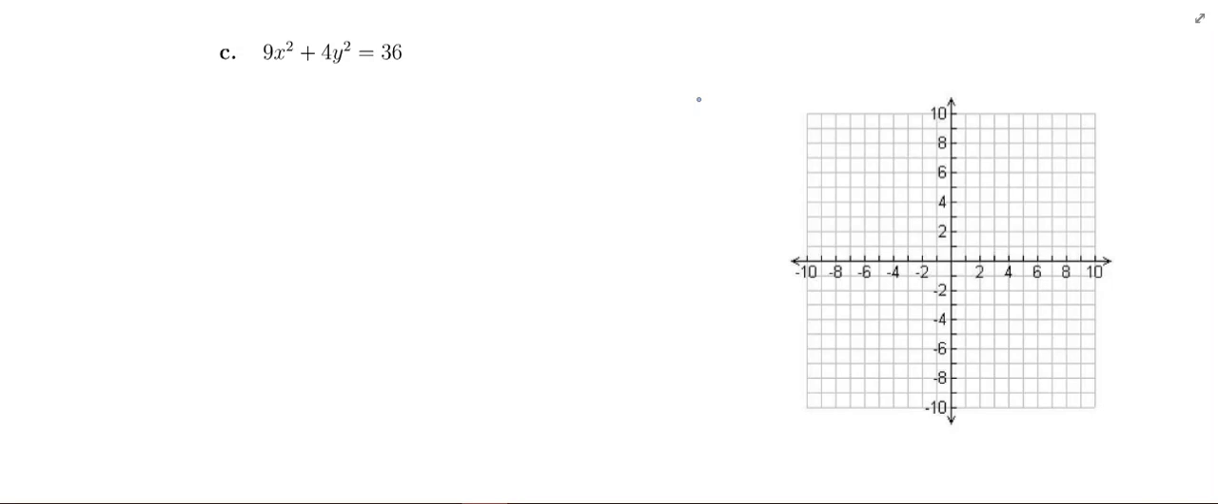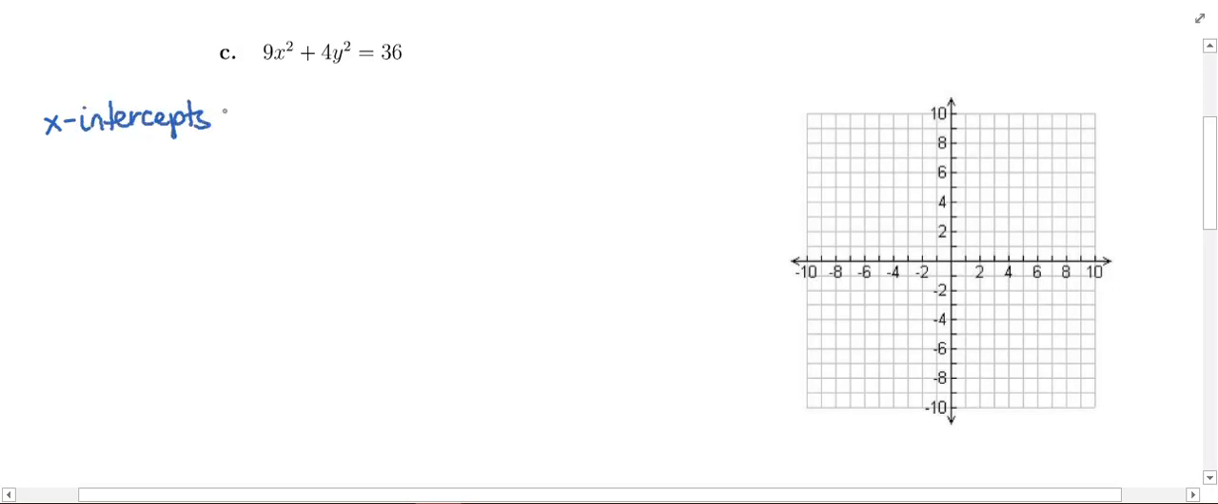In example 2C, the equation is 9 times x squared plus 4 times y squared is equal to 36. We are going to find the x and y intercepts algebraically, and then we are going to graph the equation by hand. All right, so we're going to start by finding the x-intercepts. In order to find the x-intercepts, we need to set the y value equal to 0 and solve